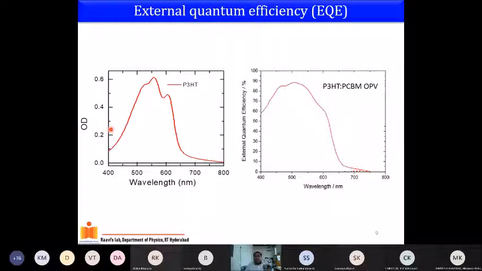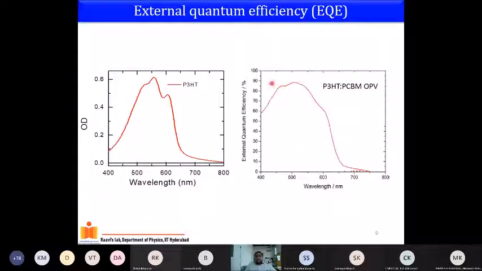That is because it was found that PCBM has a small absorption, and also higher. It is also speculated that higher energy photons, which is the blue, are able to inject hot electrons, because of which you were able to get extra carriers, and that is why you do have this kind of increase in the EQE in the region where even the absorption of the P3HT is reduced.